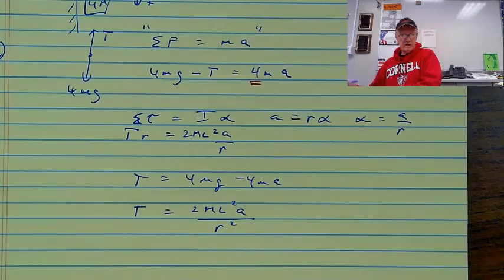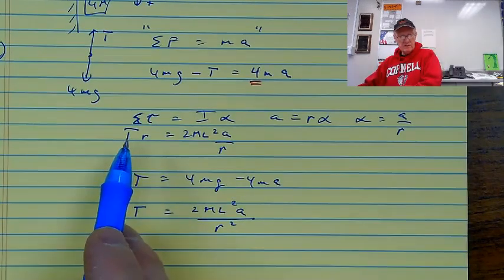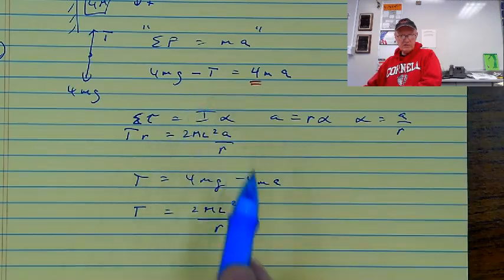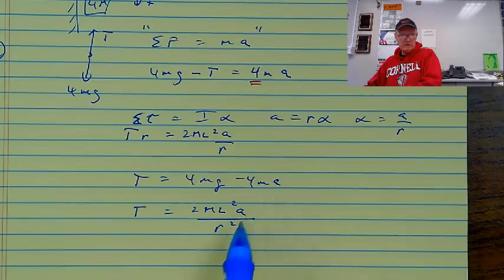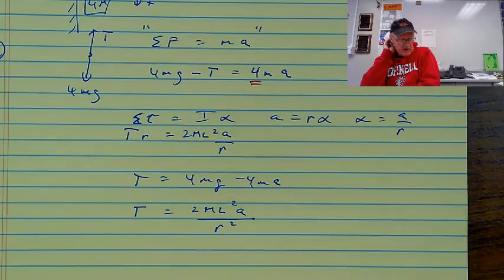And a is what we're after. We just want some expression for a. Okay, let's see how we do. 4mg minus 4ma equals 2m